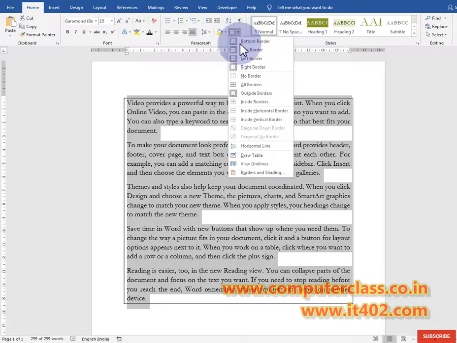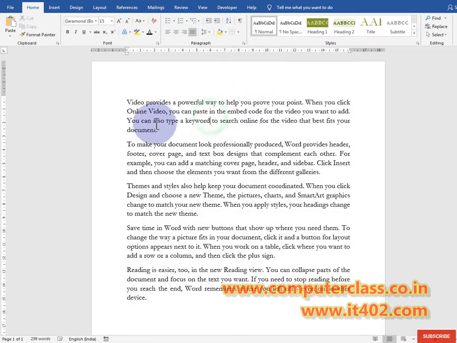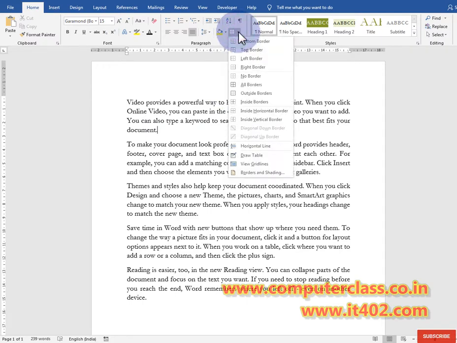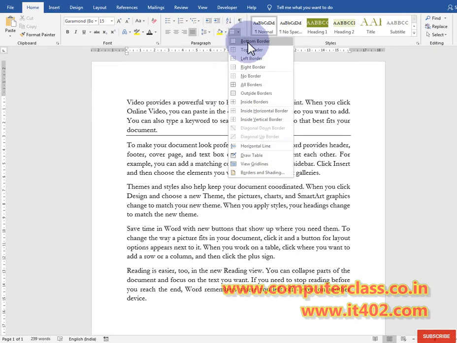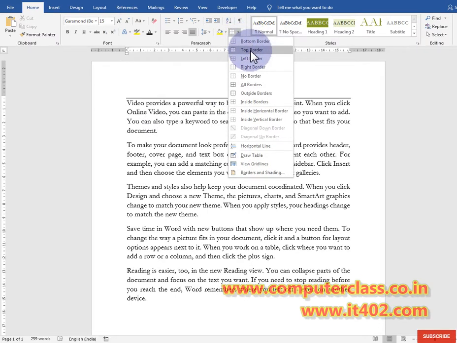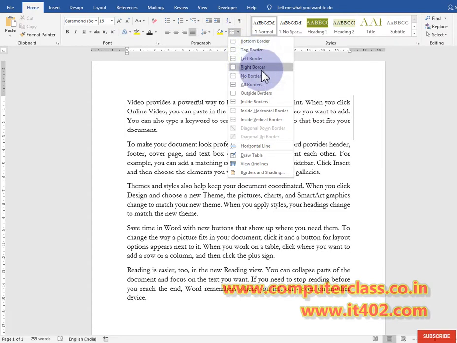So here are different types of borders, you should use them. If I want a border at the bottom of my first paragraph, then I use bottom border. If I want a top border, I can use top border. Likewise left border, right border, outside border, inside horizontal border, inside vertical border, all the options will work.